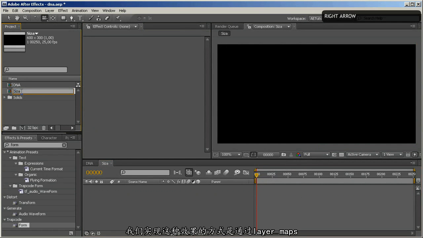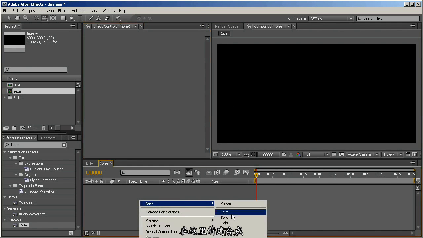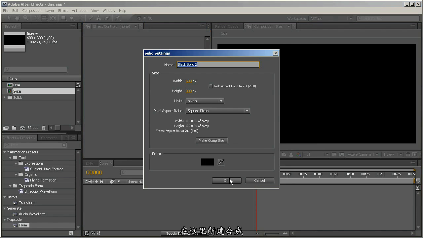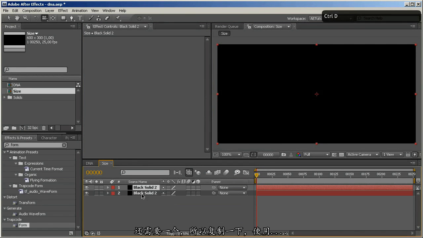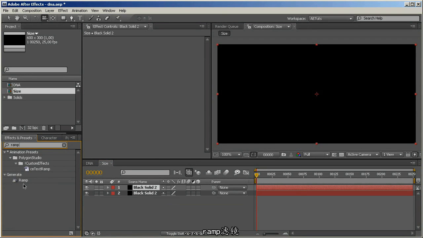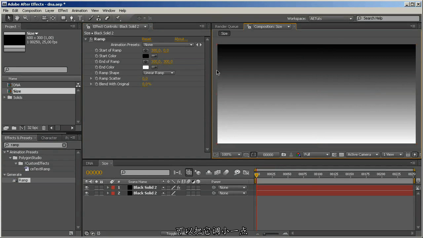And the way we're going to achieve that effect is through layer maps. We're going to create a composition that is going to drive the size of each of those small particles that those vertical lines are made of. So I'm just going to create a solid here, a black solid, and then another one on top of that. Let's just duplicate it, apply ramp effect to it. We can actually make it a little bit smaller,